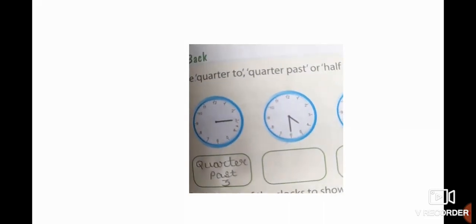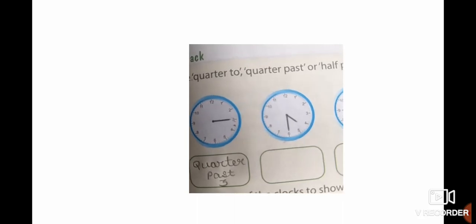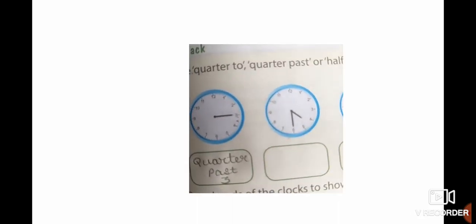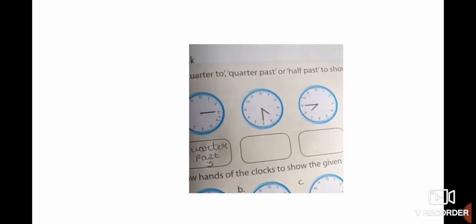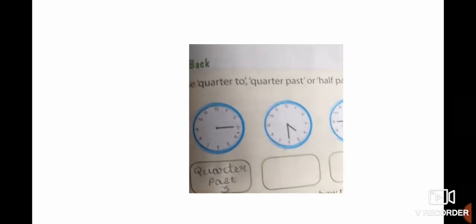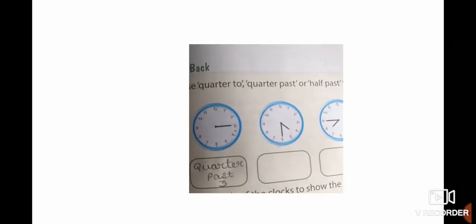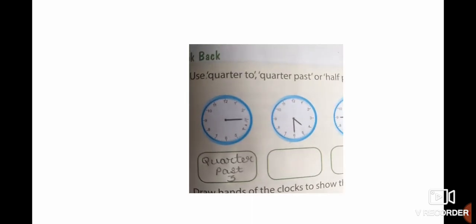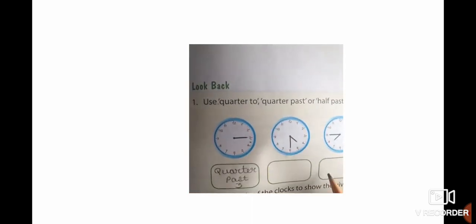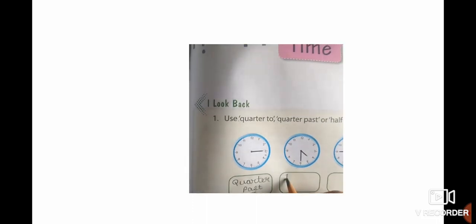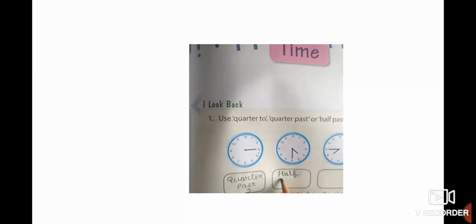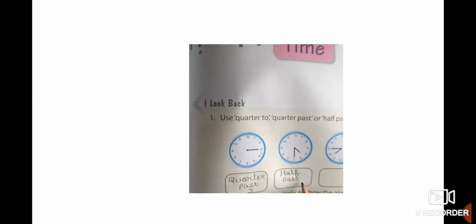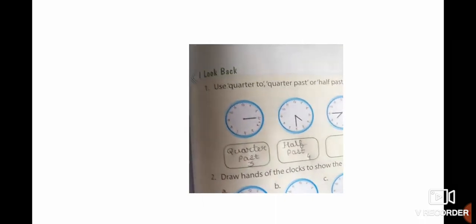Next question, hour hand is there between 4 and 5, sorry, and minute hand is there on 6. That means it's showing the timing, not quarter, it's showing the timing half past. As I told you that when minute hand comes on 6, it shows half past time. That means it has completed 30 minutes. So here our hand is there after 4, that means it is half past. So half past 4. Okay, half past 4.